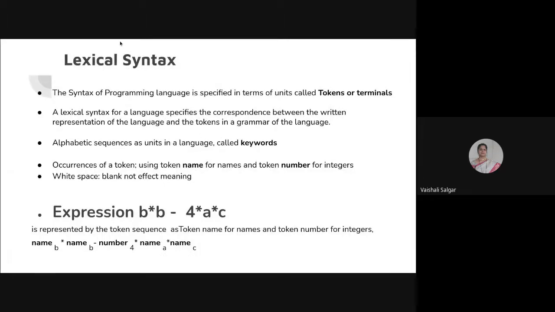Now I think the next madam is waiting for me, so we will stop over here. In the next lecture, we will start with the lexical syntax analysis of a language. Meanwhile, the homework for you is to please do the abstract syntax tree representation of all the equations which we have already done with the prefix and postfix notations. Can you do that?